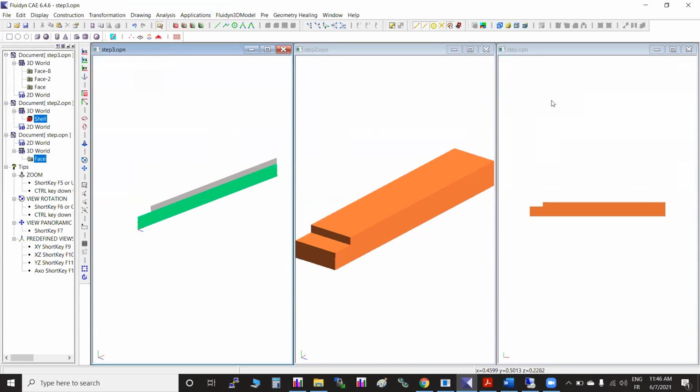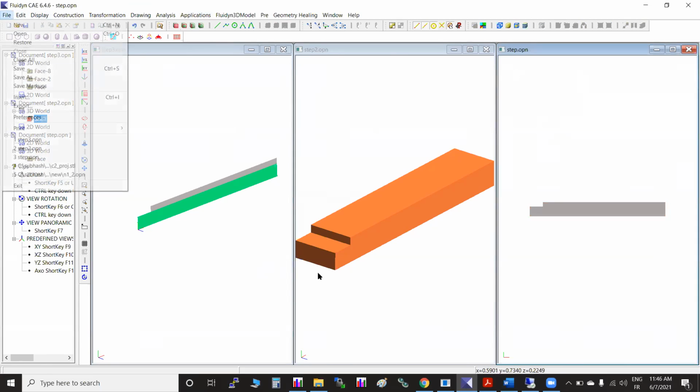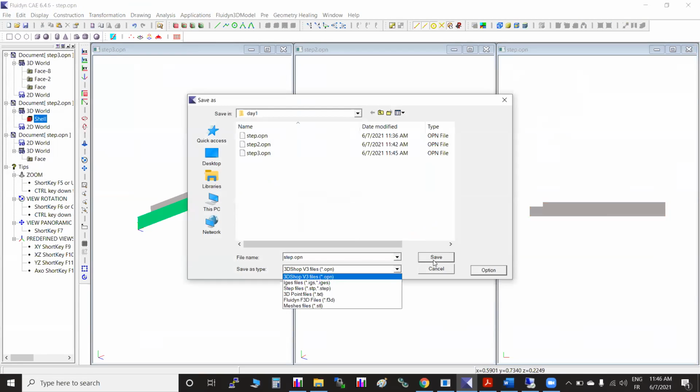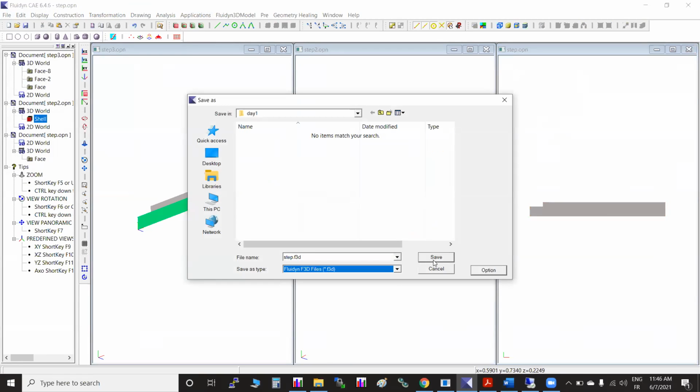One by one we will go. So OPN is saved, but in the GUI we load either a step file or an F3D file. So let me save it one by one. Step file, F3D for meshing. You can directly save as an F3D also by removing unnecessary parts. No need to go in 2 steps.